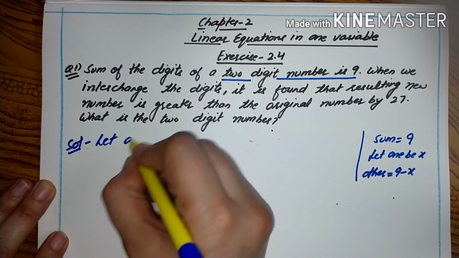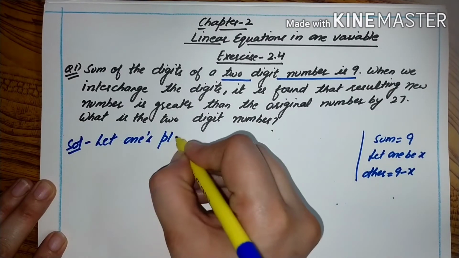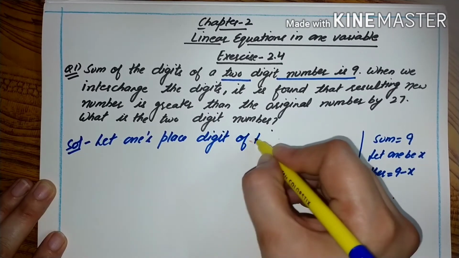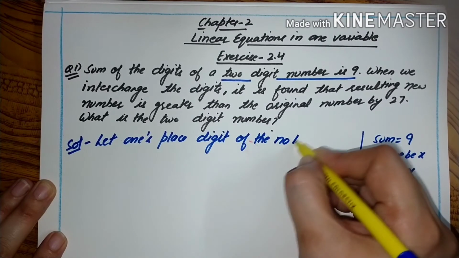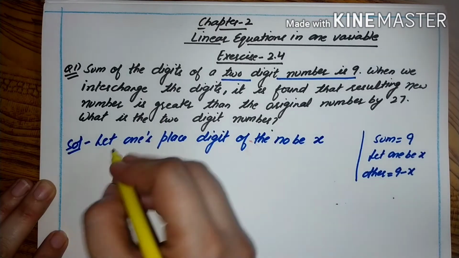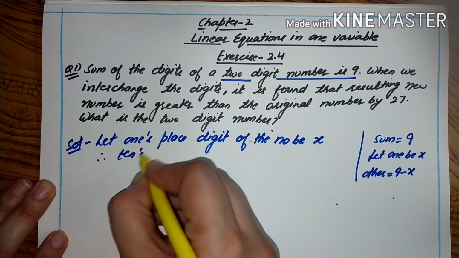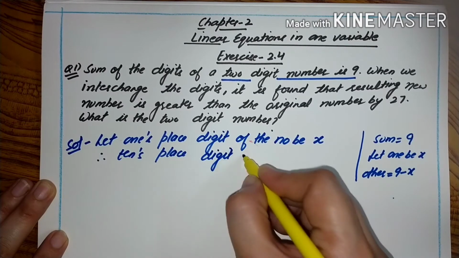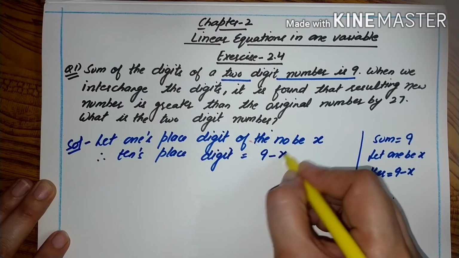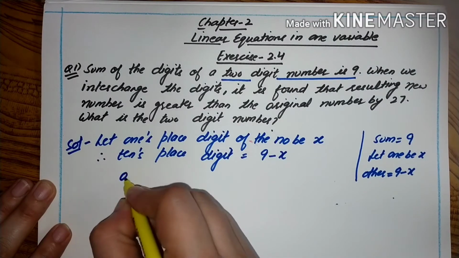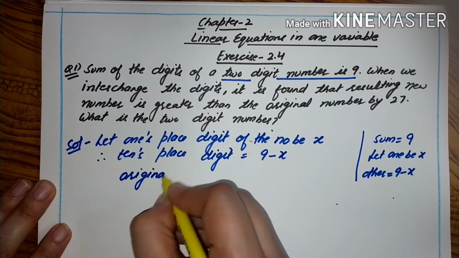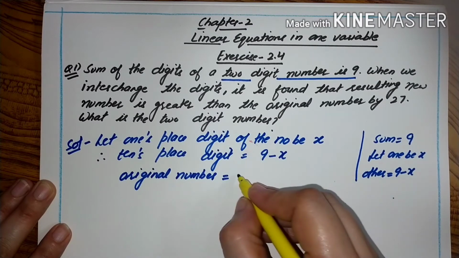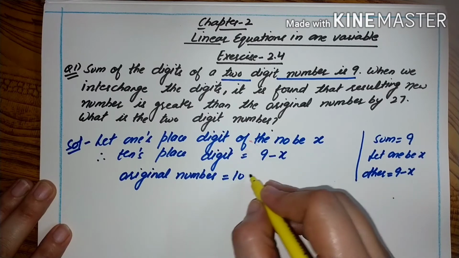So, let us solve. Let the ones place digit of the number be x. Therefore, the tens place digit would be 9 minus x. Now, what is the original number? Means the number which we are talking about. The original number, as you know, is 10 into the digit at